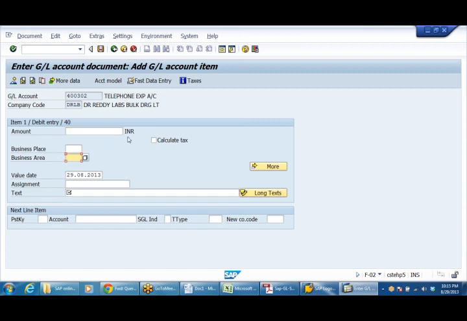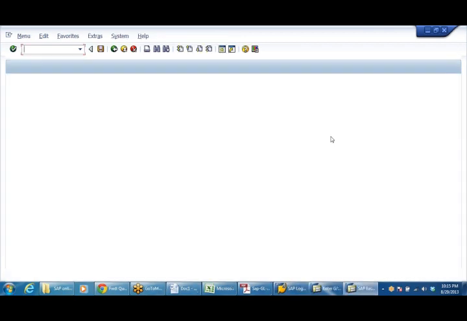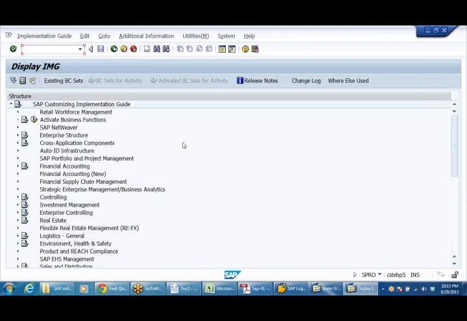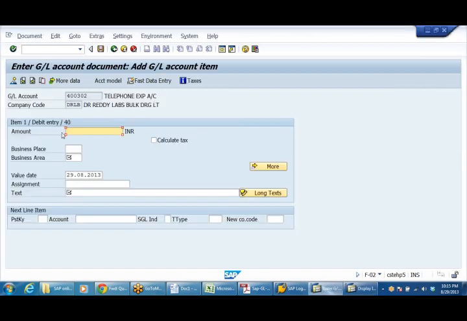Now, if you make changes, before that, how will we know that this particular number belongs to this account? How will we remember all these things? You don't need to remember, pick up the GL account from here.